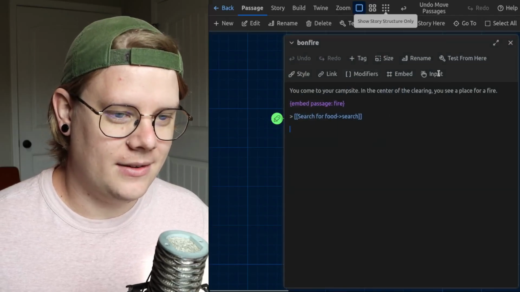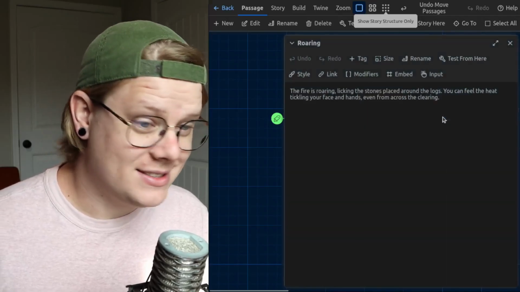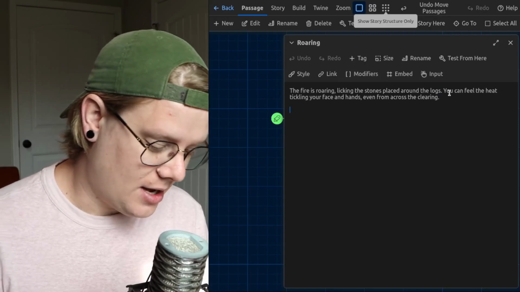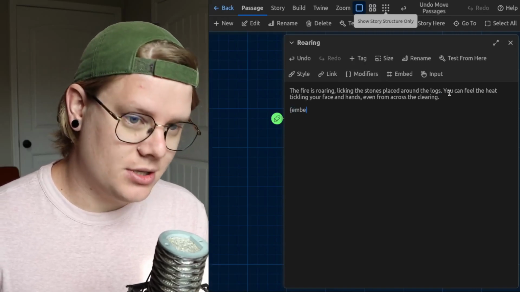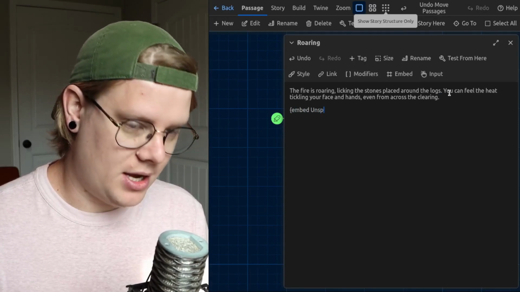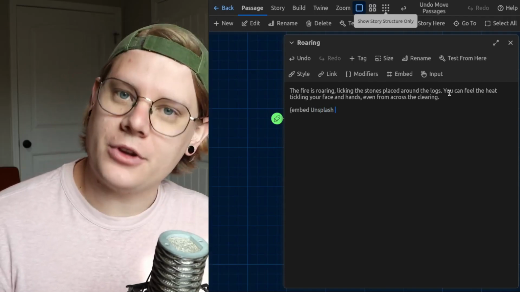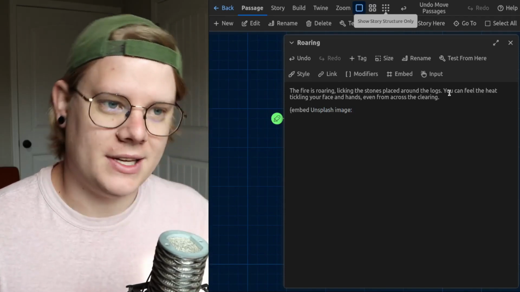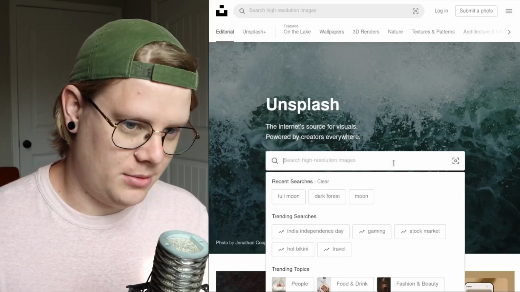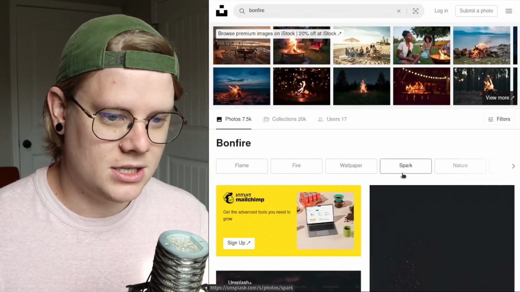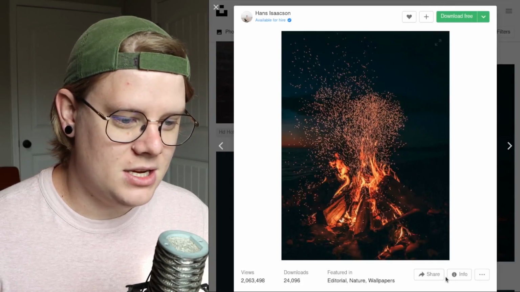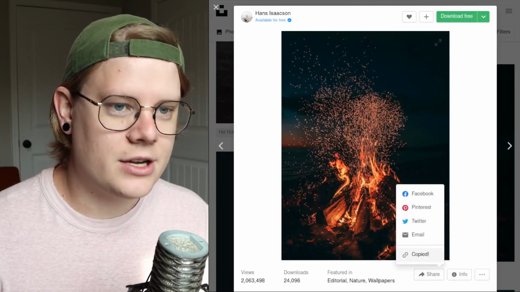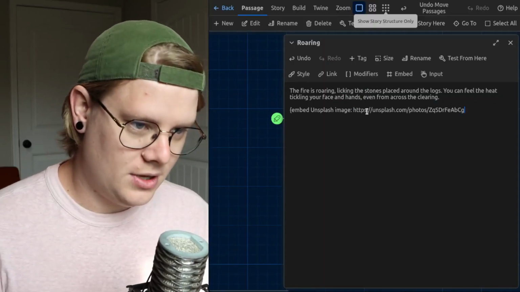This is a super, super powerful concept. I can add whatever I want to these passages. Like I could add an image. Like if I wanted to embed an image, which if you're curious about how this works, there's a video, I can link it in the description. Grab an image of a bonfire. Yeah, that looks roaring to me. I can actually throw this into the